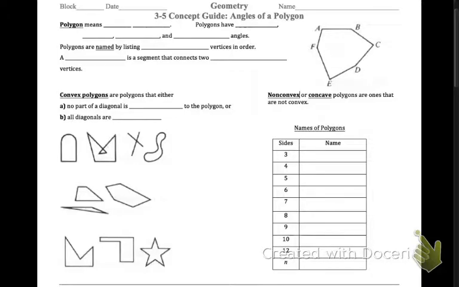All right, on to section 3.5, angles of a polygon, which follows the angles of a triangle section that we